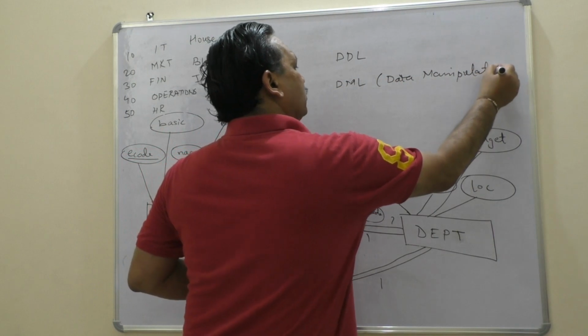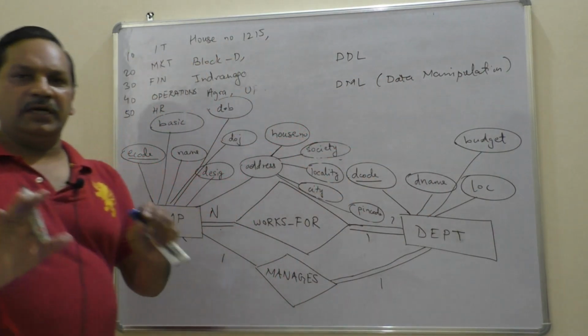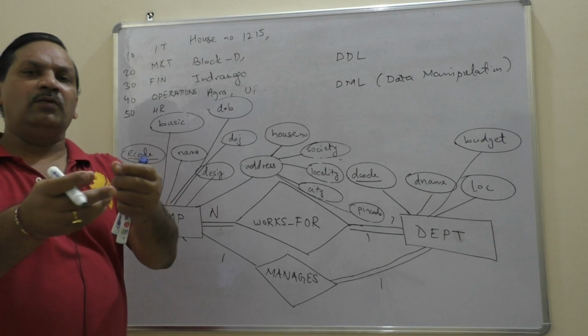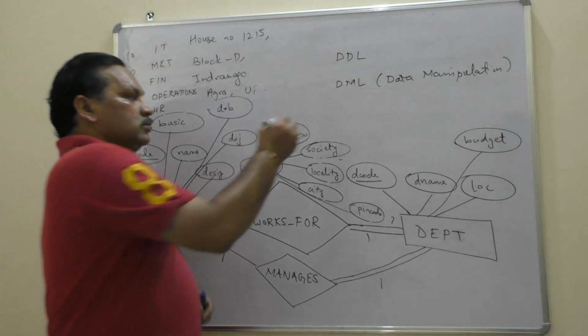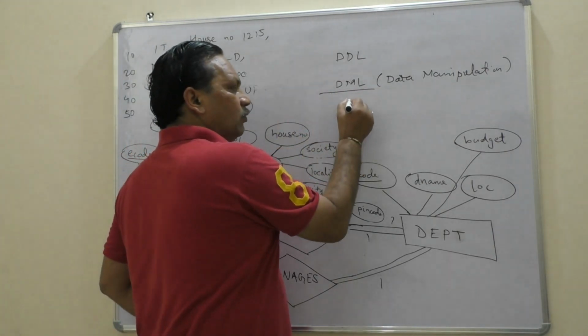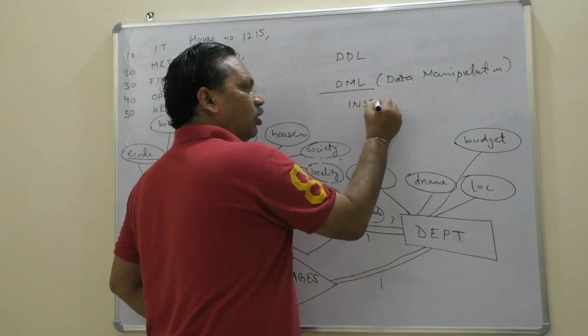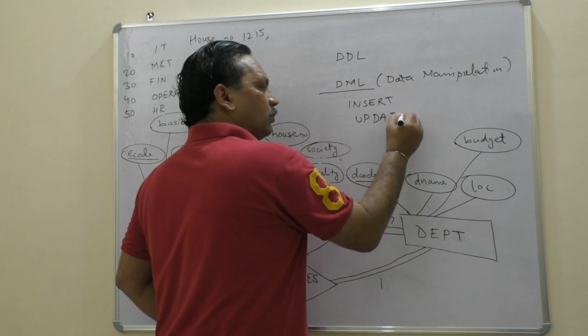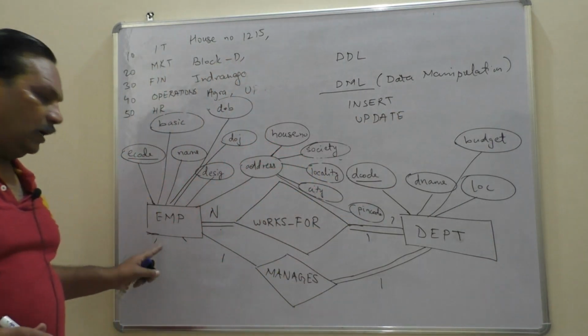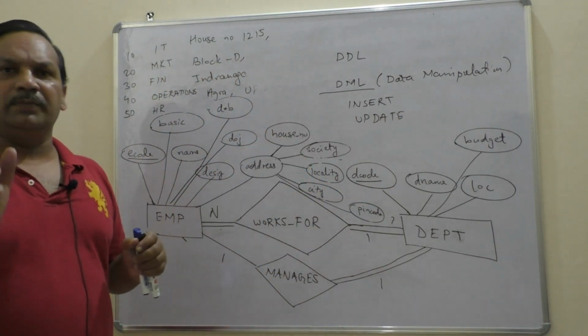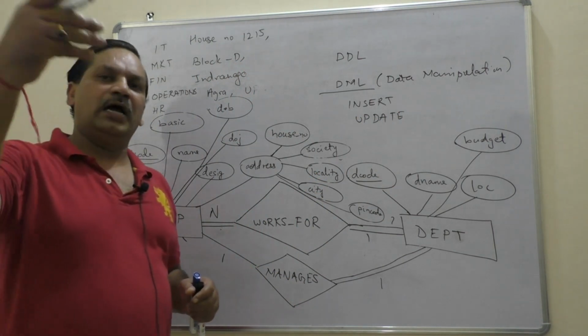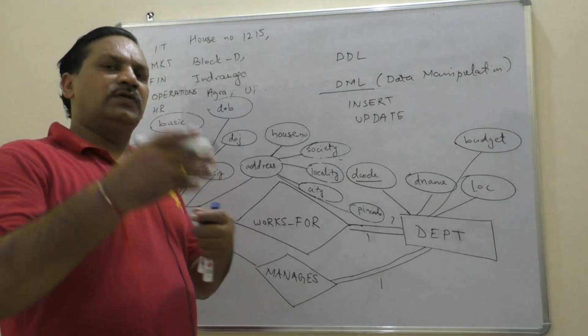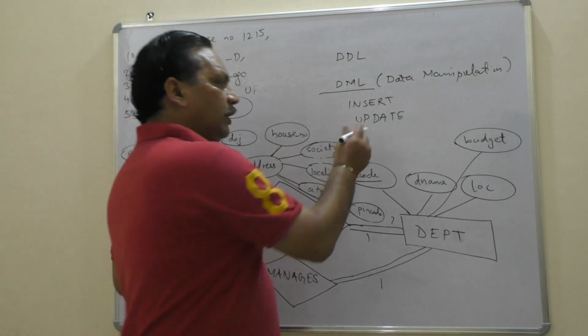Achha, fine. Suppose I have created a table. Now I tell you some person, beta, can you please fill data into this table? So in the DML, you either insert or add records in a table, or you update a particular record. That means suppose somebody's employee mobile number has changed. You just update it, only mobile number changed. Or somebody has shifted his address. He's living on rent. He's now shifted to some new locality. So update is for that.